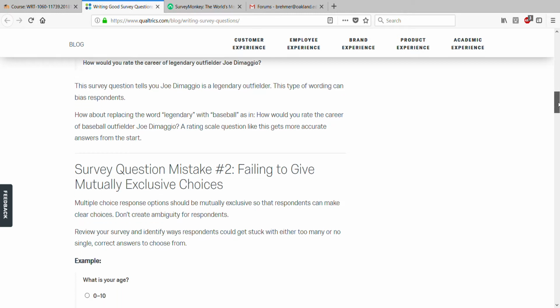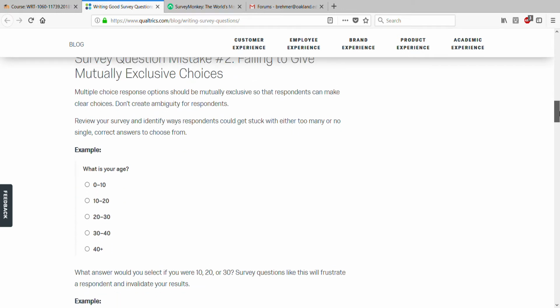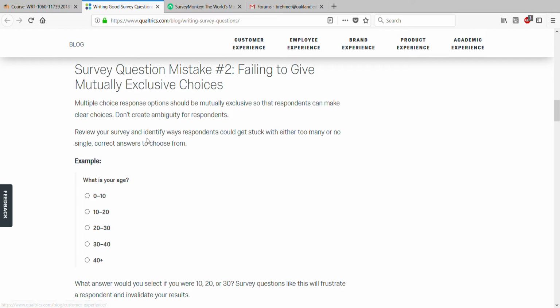You'll notice that some of these mistakes kind of overlap, but I like this one too. I want to point this one out to you, partially because it's asking one of the questions that you guys will need to think about in your surveys. Some of your survey questions will need to be dedicated to demographics like age. And then based on your topic, you need to think about what demographics will help inform some of your results.